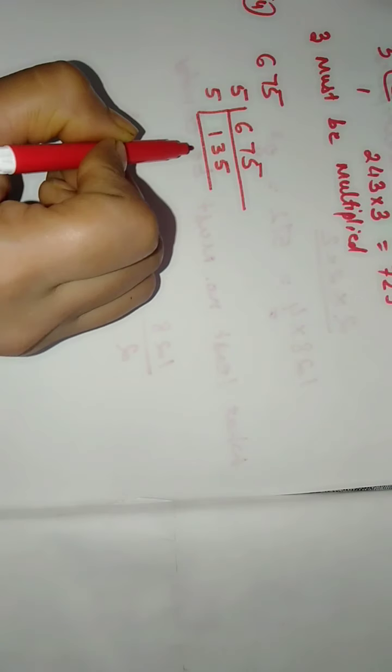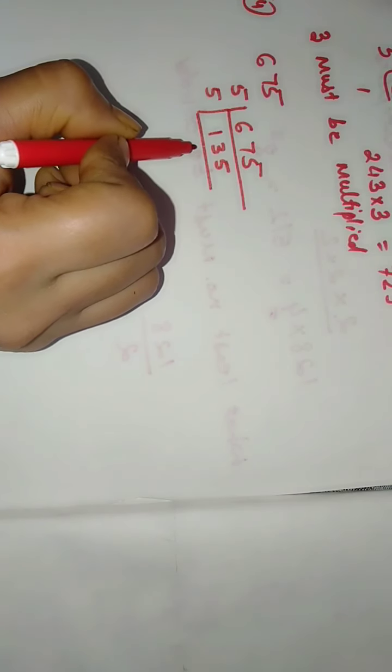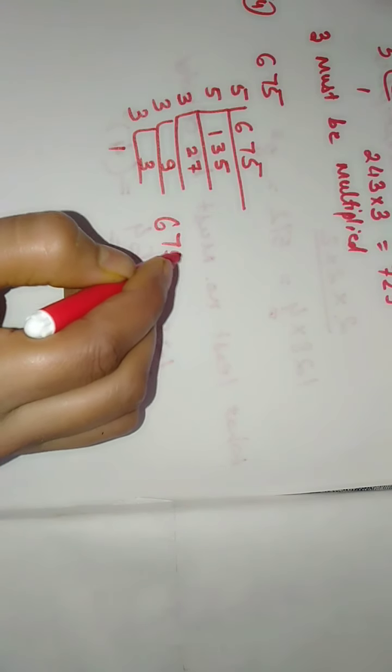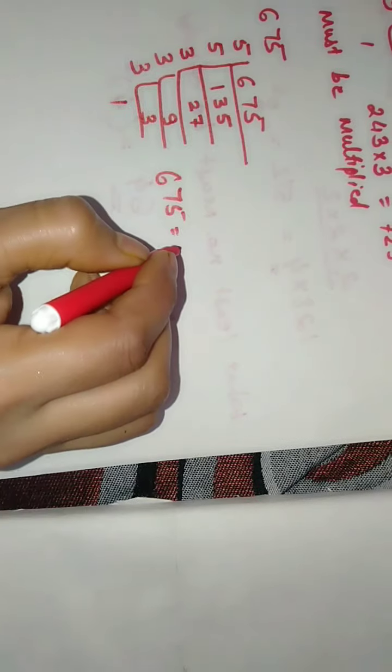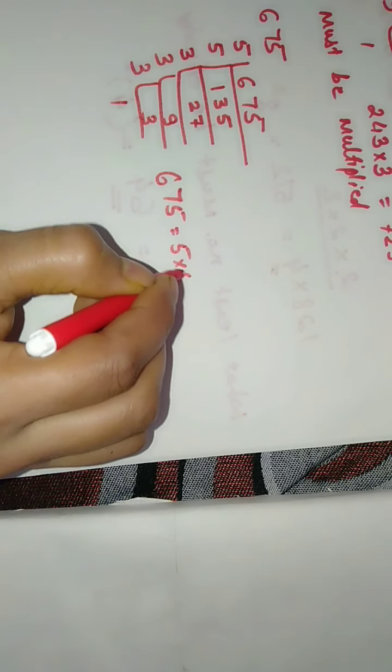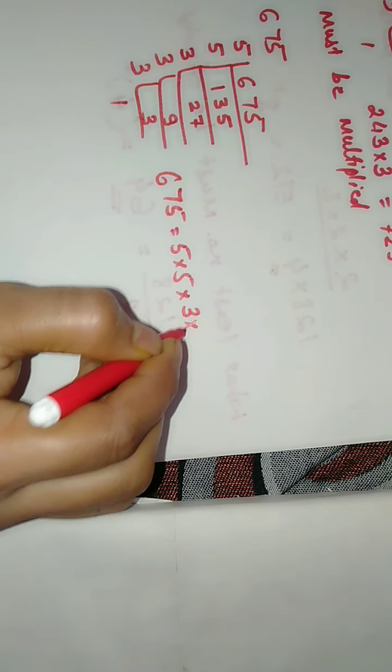Again dividing it by 5, 5 2s are 10, 27. Now 27 is divisible by 3 and then 3. Now 675 is written as the product of its factors 5 into 5 into 3 into 3